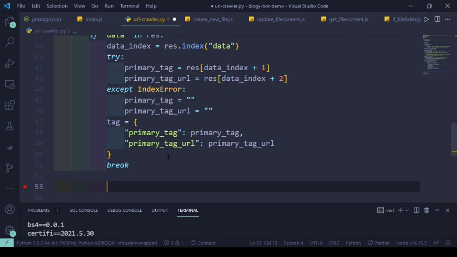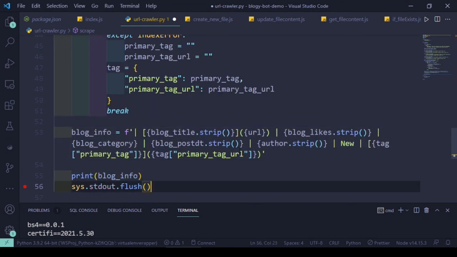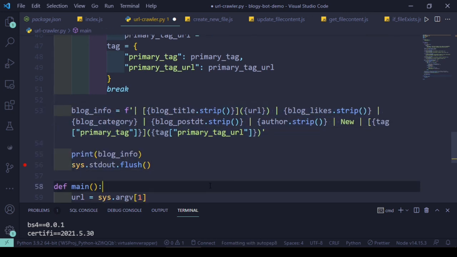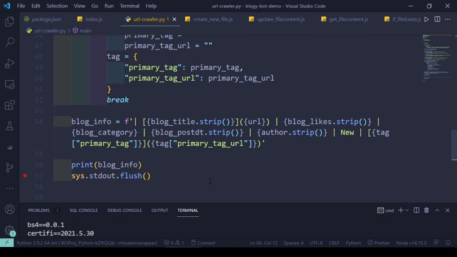Okay, within a parenthesis. That's how we make it a table-like fashion. So let's make sure we are on the right indent and paste this one, where I'm just telling this blog info will be a kind of string formatting I'm doing, and all things you can probably understand now, what I'm doing over here. And finally I'm just printing it out. Okay, cool.